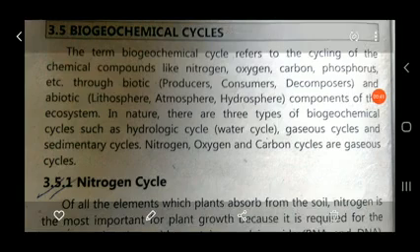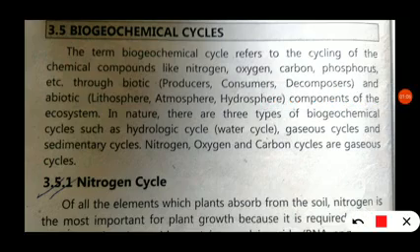Now one question is here: how does the recycling of these elements take place in nature? Because these have been present for billions of years, from the origin of the earth. Nowadays they are still present because of the recycling of these elements. And how this recycling takes place, we can see in this topic. Our heading is